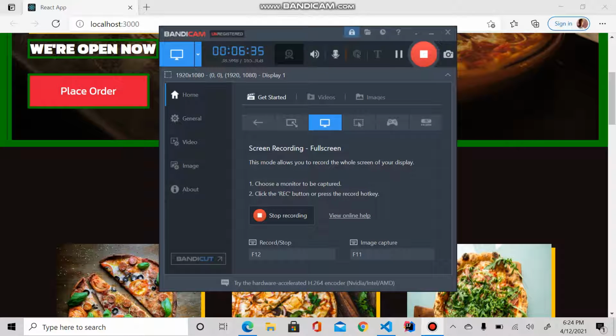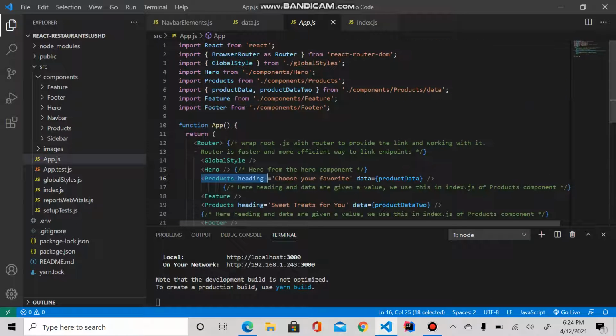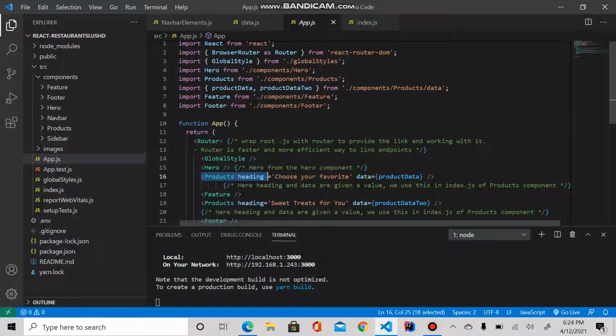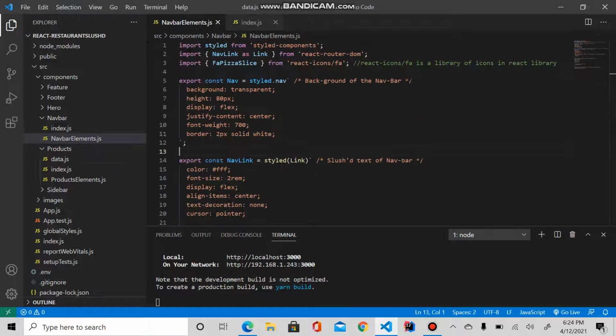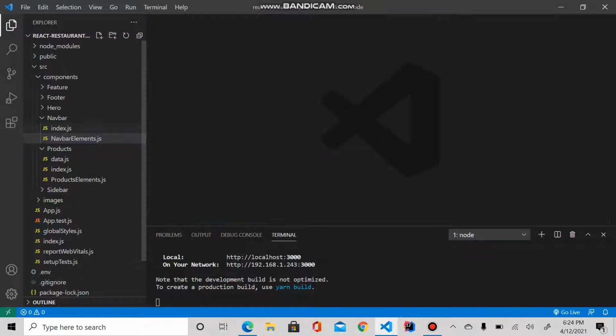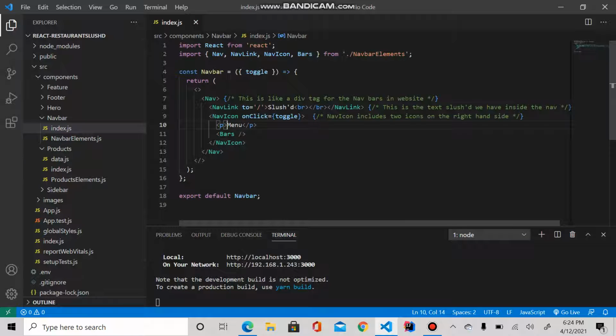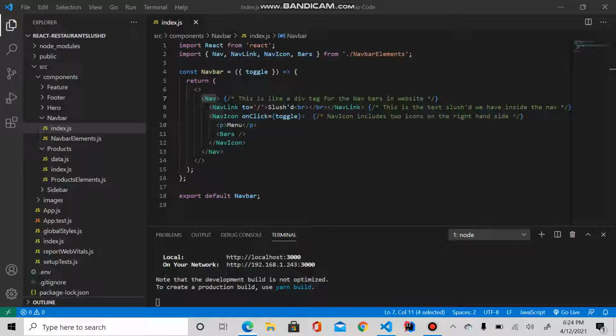Okay, let's start. Now we know about app.js, right? How we have put components in there, how we want to render our components. So let's close this, and let's go to navbar again. So in the navbar index, we have nav, that is the whole section, and then